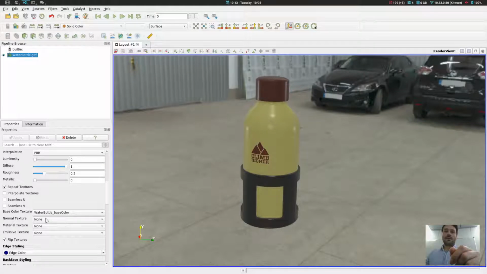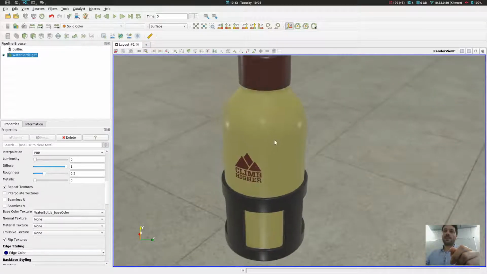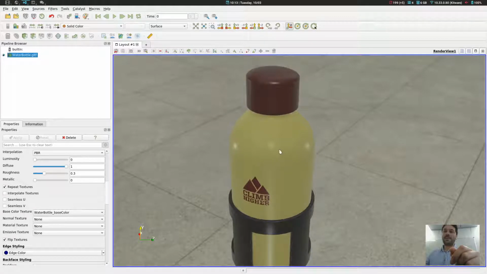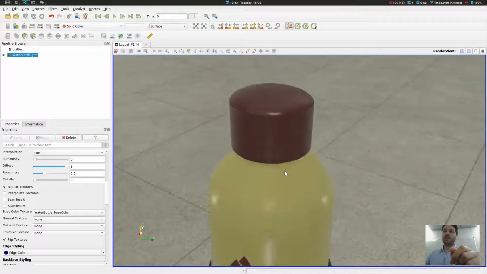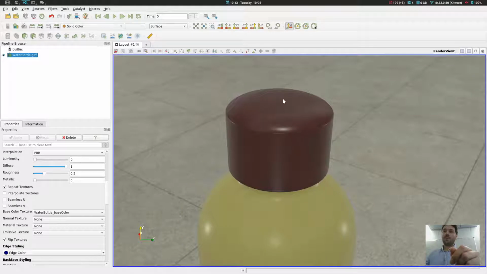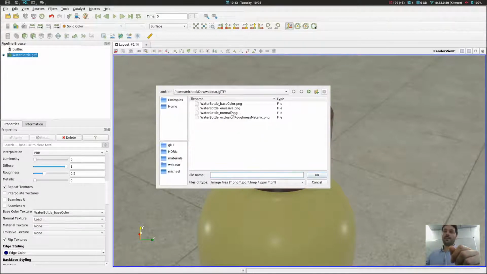There are also three other kinds of texture here. You can load the normal texture. The normal texture is basically a specific texture that is used to add some more 3D perception to the object. You will see it easily.